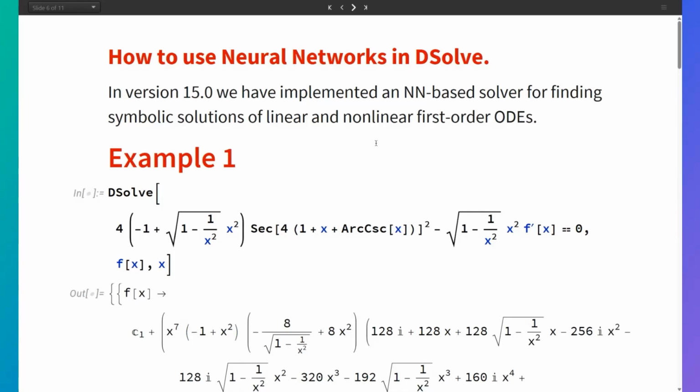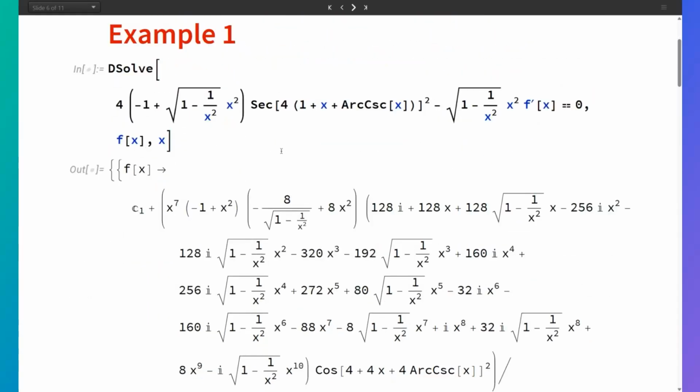What I mean by not a good solution, for example, implicit solutions or solutions which contain unevaluated integrals or inverse functions, or solutions with very large leaf counts. In that case, DSolve will try to find a solution using neural network-based methods. And here are some examples. In example 1,